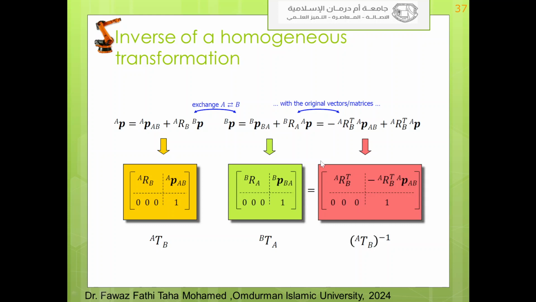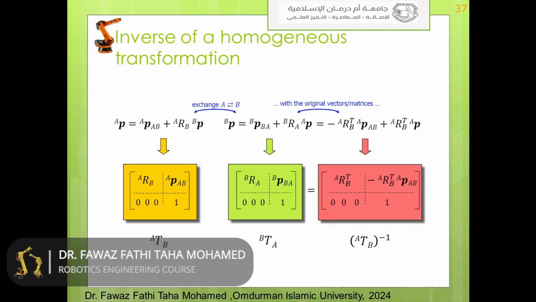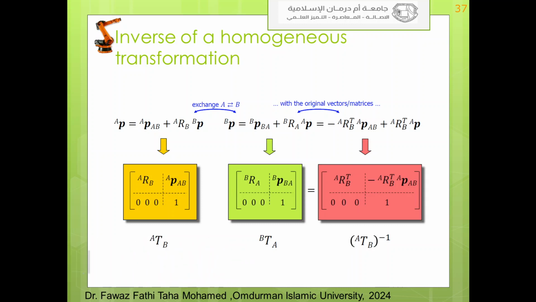There is an important notice that the inverse of a homogeneous transformation is not equal to the transpose, like the rotation. So here we can see, in a simple method, how we can find the inverse of the homogeneous transformation. As we remember,